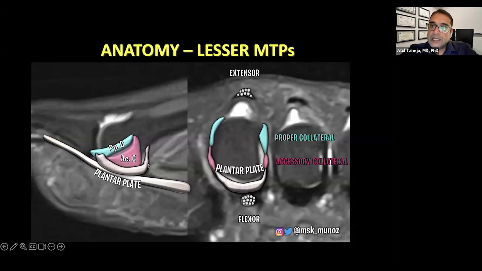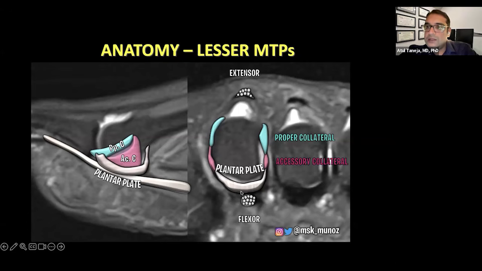Let's see the ligamentous complex related to the plantar plate. So we have the plantar plate here in the bottom, and then we have the accessory collateral ligament and the proper collateral ligament. Plantar plate will have a greater relationship with the accessory, but also with the proper collateral ligament. The proper collateral ligament will insert at the metatarsal head and then attach to the proximal phalanx, while the accessory will insert at the metatarsal head and directly to the plantar plate, as we can see in this short axis view,